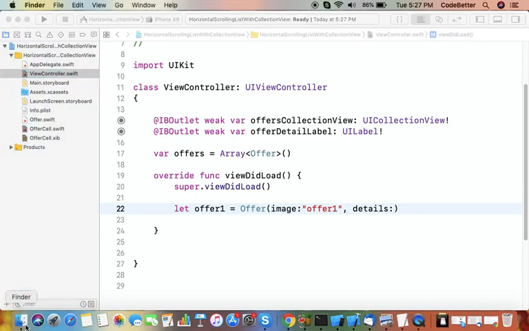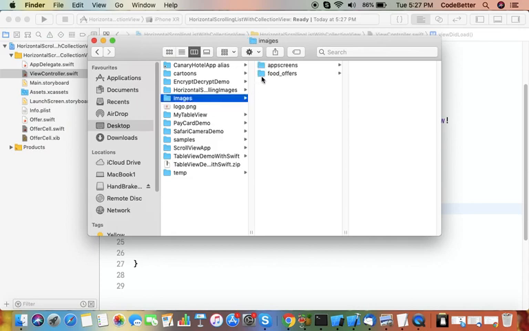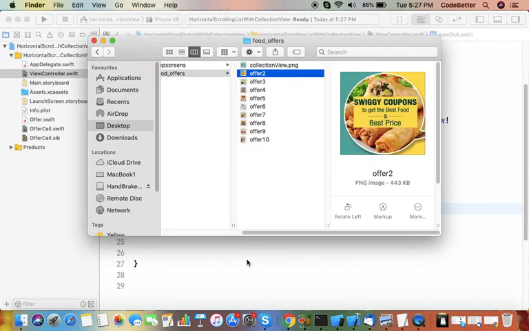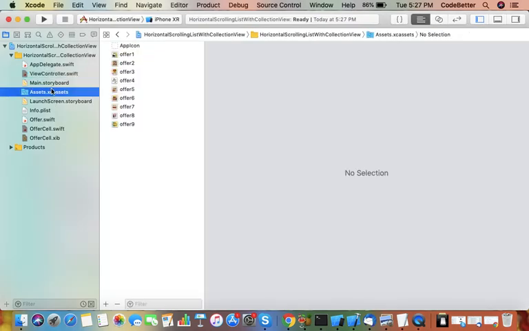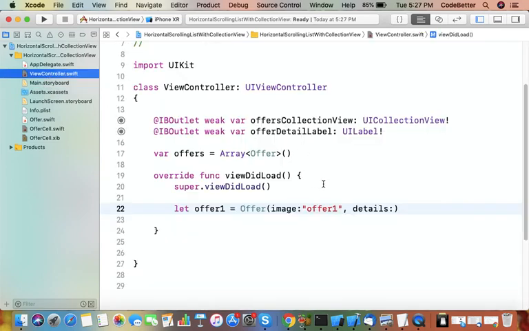So let's check what are the offer values. Accordingly we create 10% off on Independence Day.